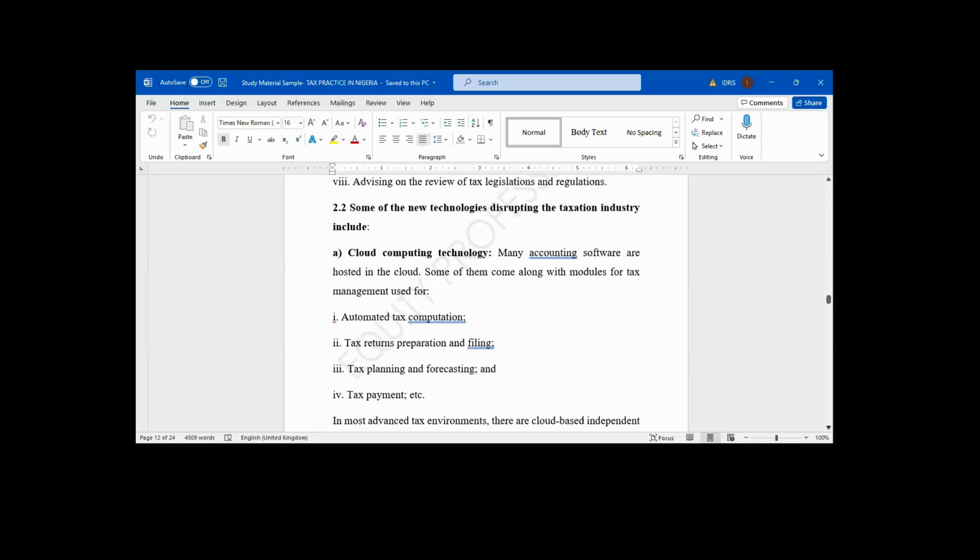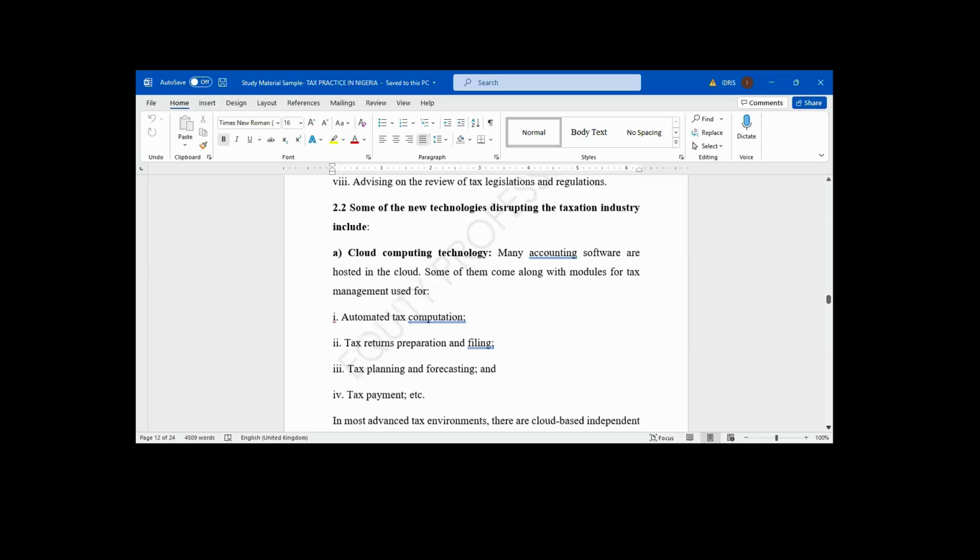Even when you store the documents, if you want to retrieve one, the problem you are going to face is carrying the documents one by one. I'm looking for this company's file. Life has gone beyond that. Life has gone beyond paper. Why are we saving on paper? Why are we printing manually?